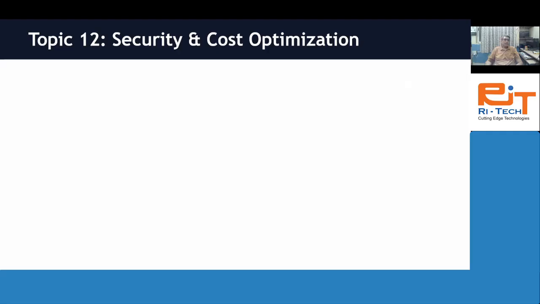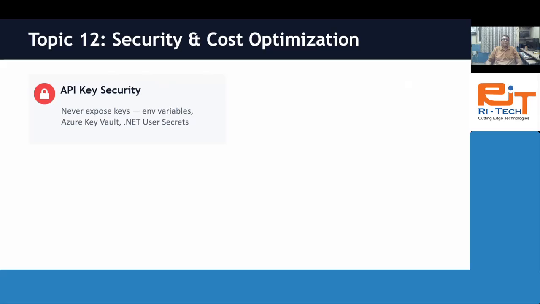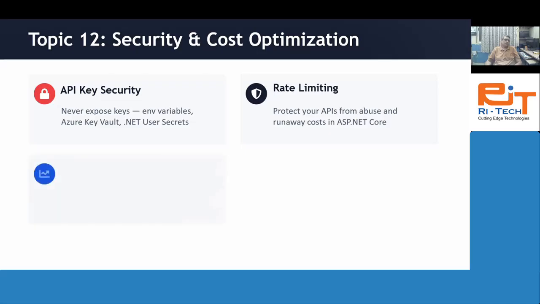The first thing that we learn is security and cost optimization. So API key security: never expose keys, environment variables, Azure Key Vault, .NET user secrets, how to encrypt your keys, how to protect your keys. Rate limiting: protecting APIs from misuse or abuse or runaway cost. Cost monitoring is important: track token usage, set budgets, optimize prompt length.